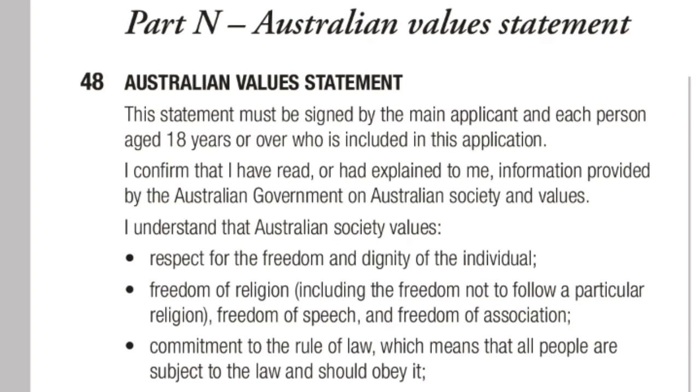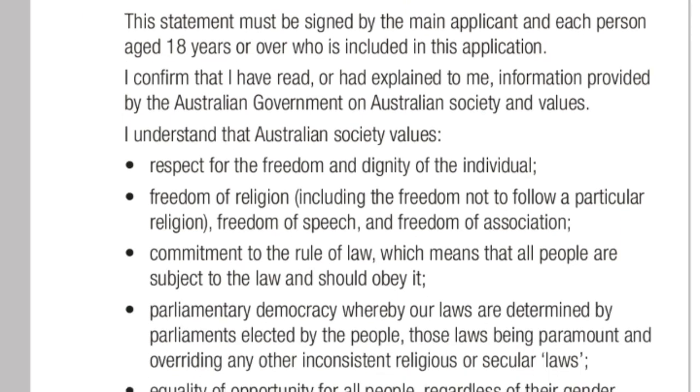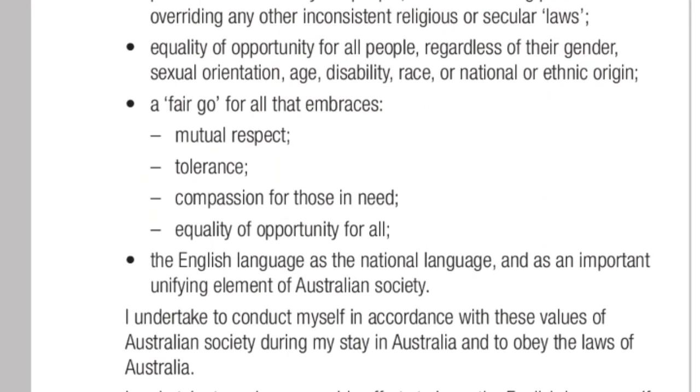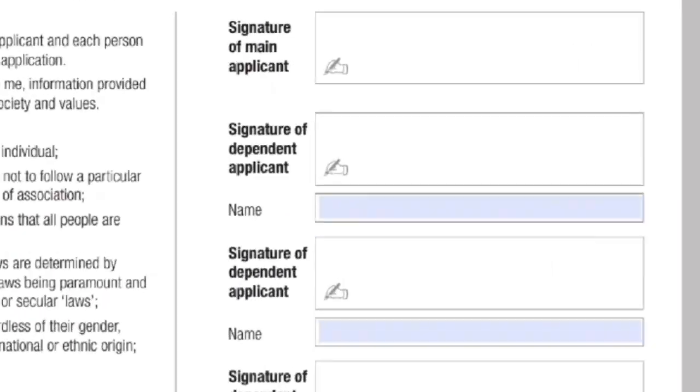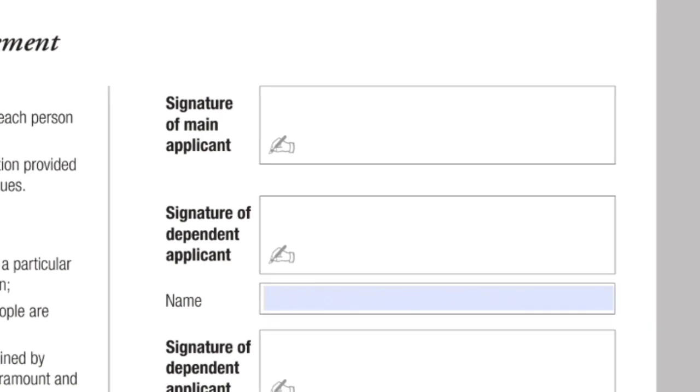Part N, Australian Values Statement 48. This statement must be signed by the main applicant and each person aged 18 years or over who is included in this application. I confirm that I have read or had explained to me information provided by the Australian government on Australian society and values. I understand that Australian society values